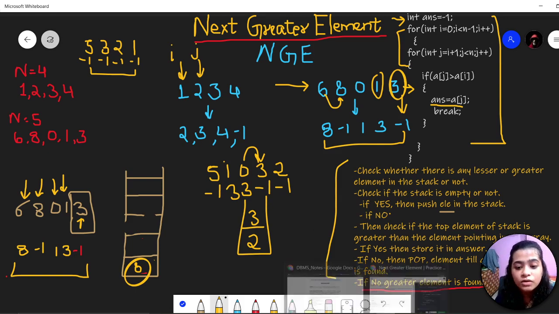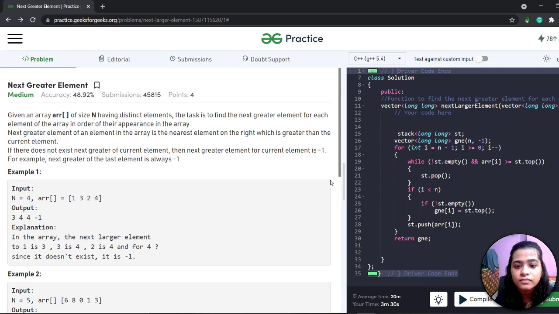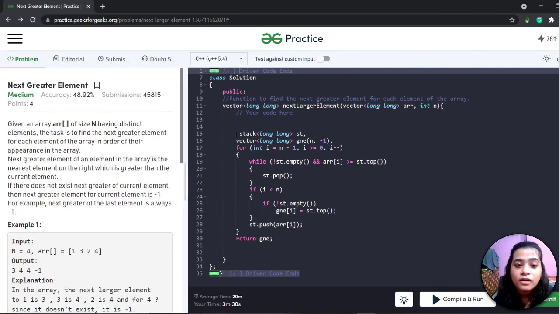Now let's see the code. First we have taken a stack and named it st. Then I have taken a vector array named next greater element.